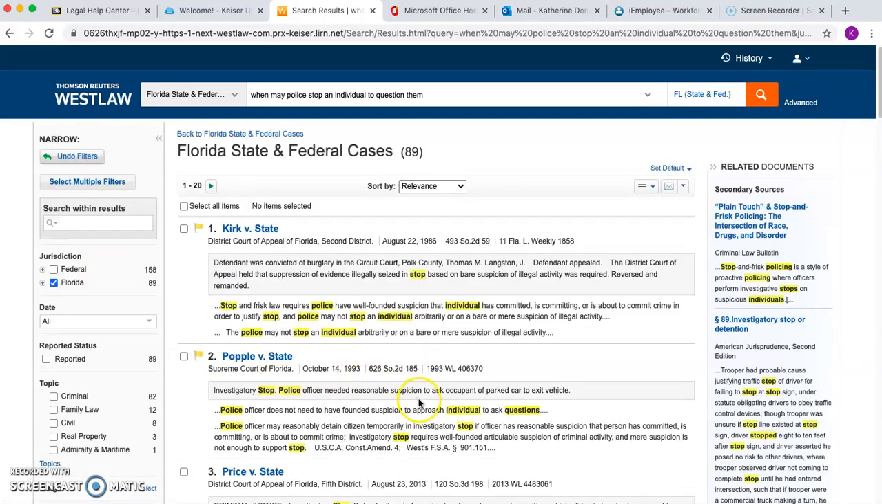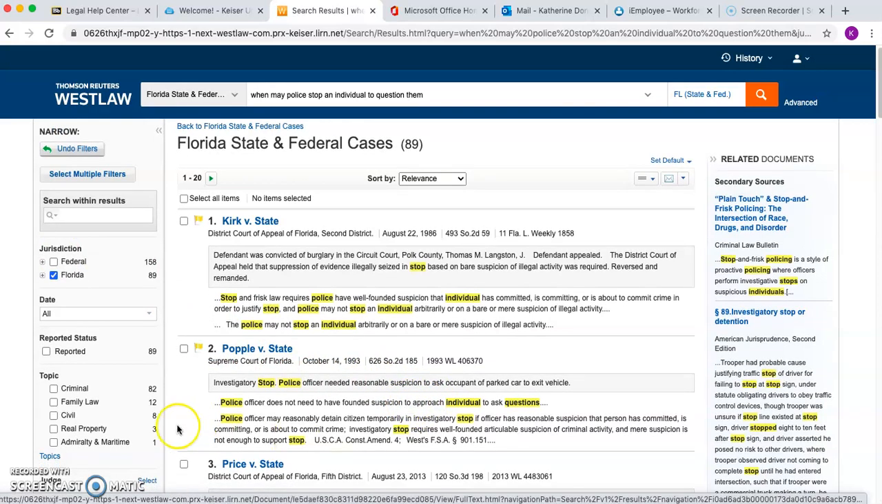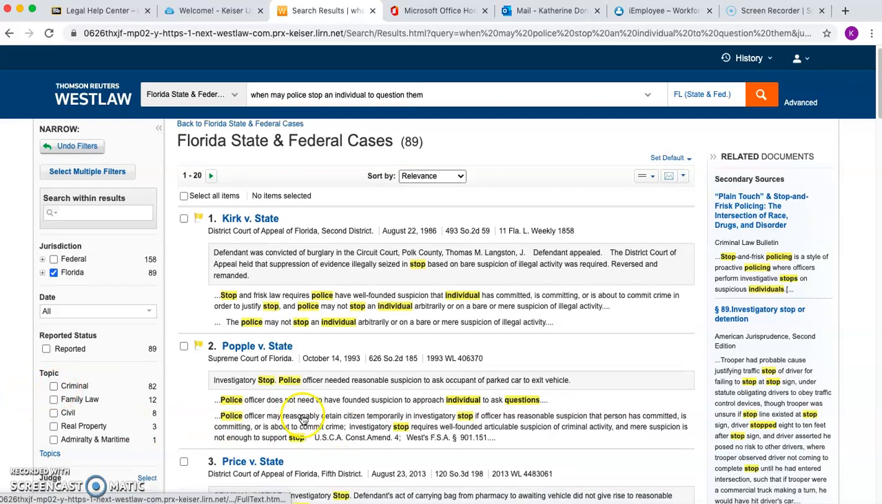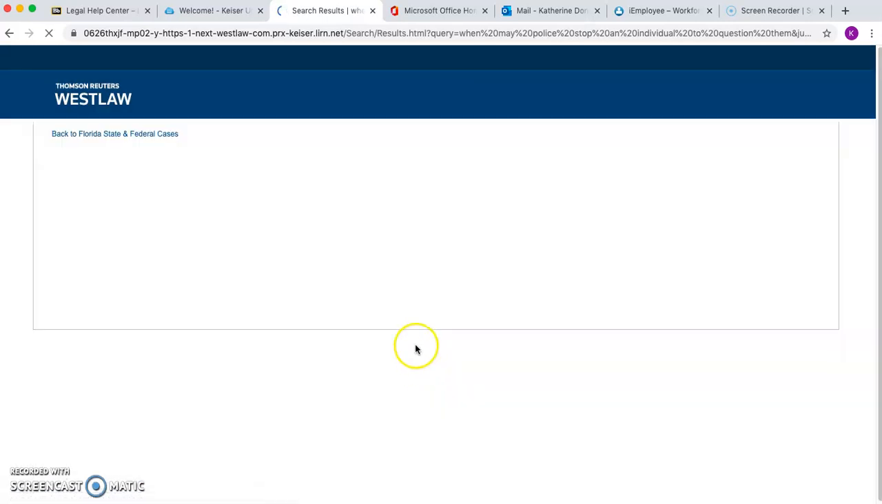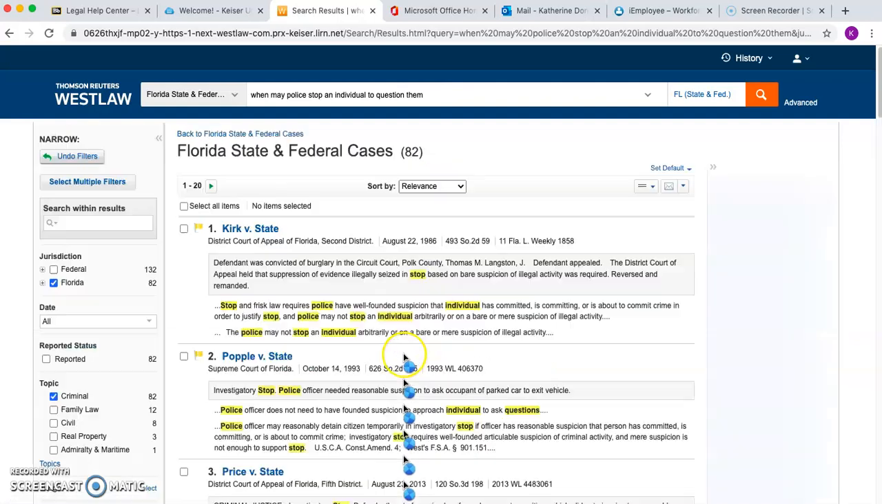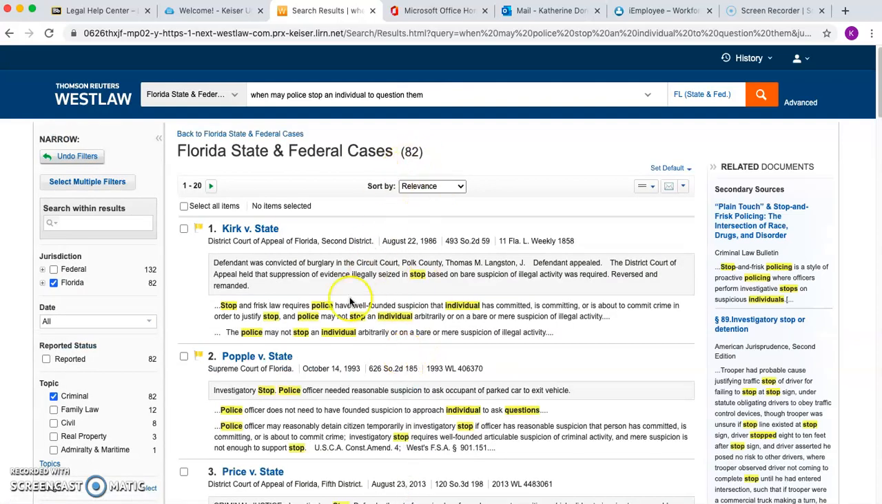It's loading. Okay, so that's narrowed it down to Florida. Let's say we're working at a criminal defense firm. So I'm just going to click on criminal cases because we want similar cases, right? I'm going to click on criminal, and that's again going to narrow it down more. So now we're at 82 cases, and let's pretend for a second that the facts of our case are that